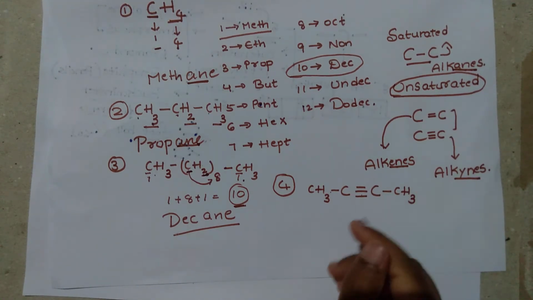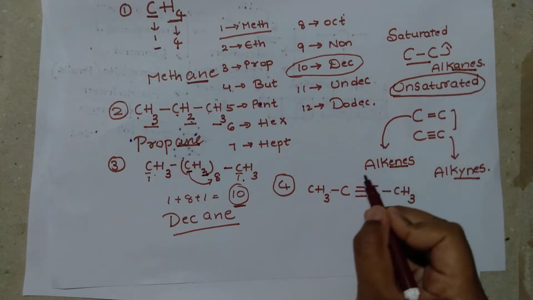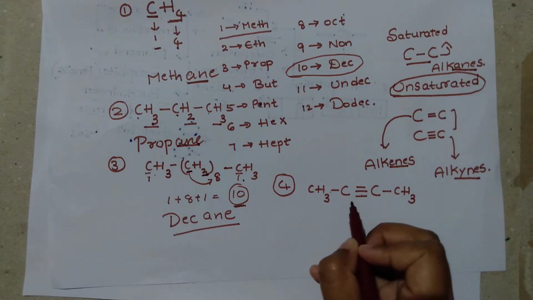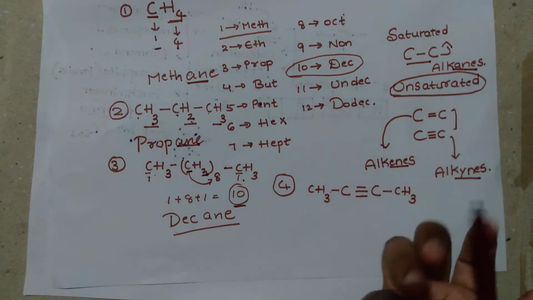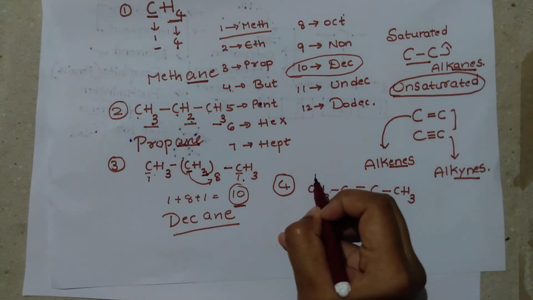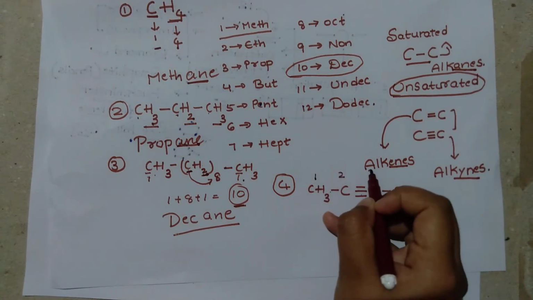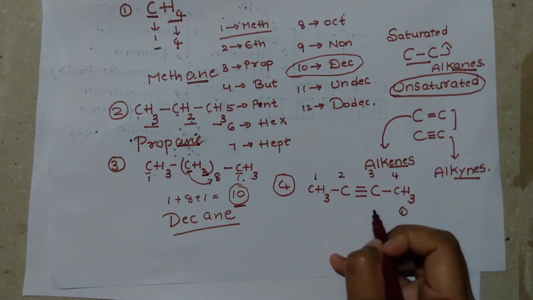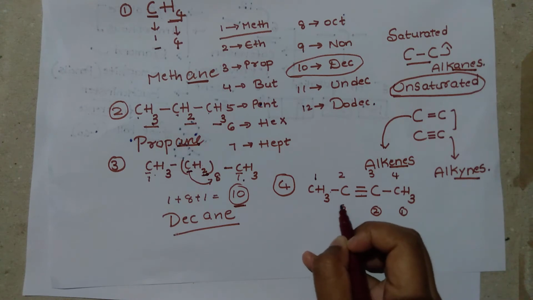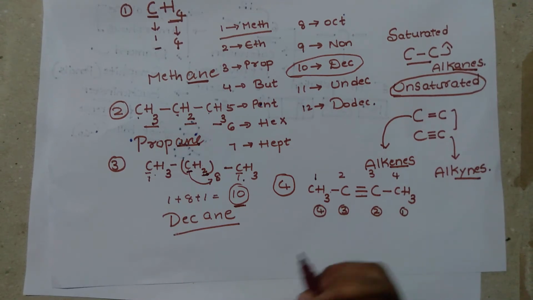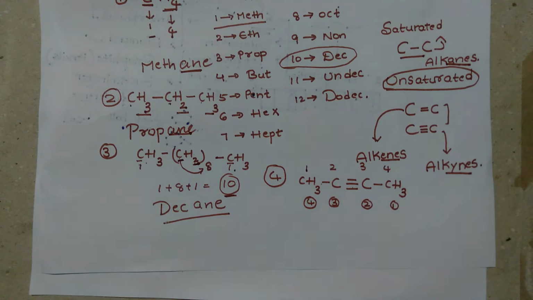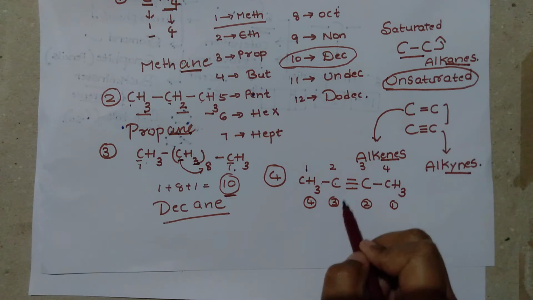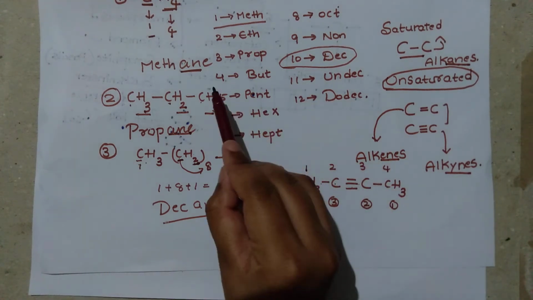So, from the single bond and triple bond, which is the highest bond? Triple bond. Even though we place the numbering from here or from here, this is in the middle of the compound, so there is no worry. We can place numbers either from here 1, 2, 3, 4, or else from here 1, 2, 3, 4. So now how many carbons are there here? 1, 2, 3, 4. If 4 carbons are there, it is but.